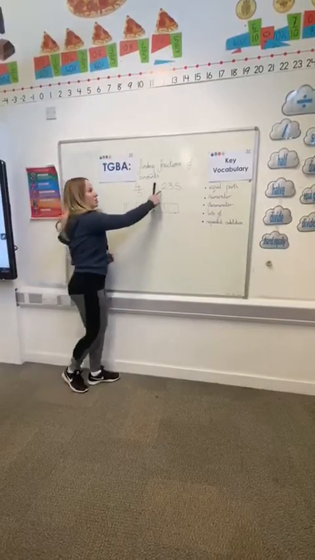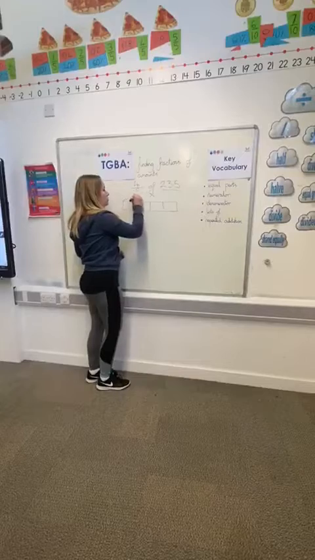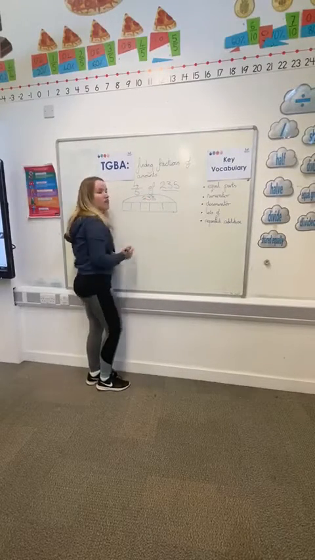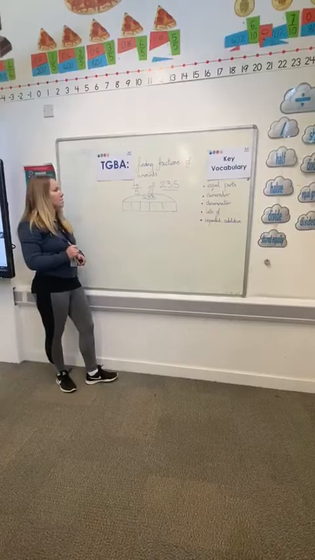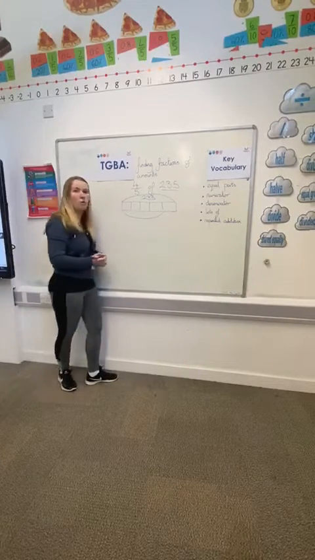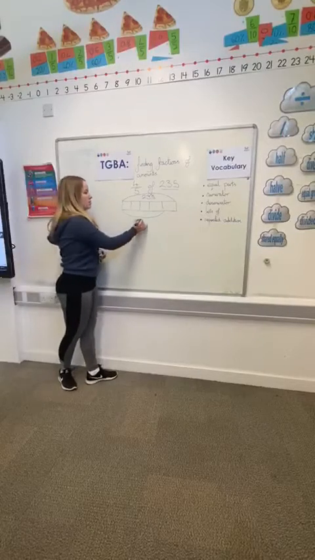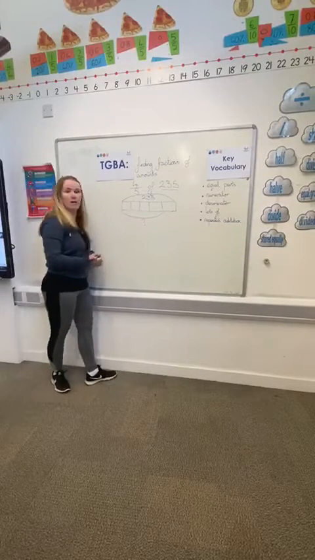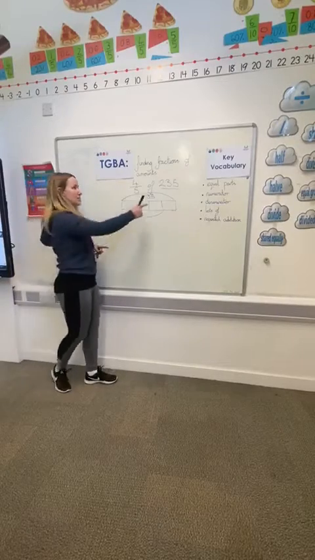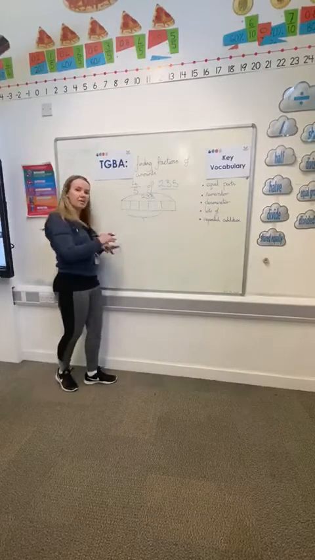And for this, I know that my whole is represented by the amount 235, okay? By the end of this, I want to be able to find what 4/5 is of the whole. So at the moment we don't know this value, but this is what we're going to have a go at calculating. So the first thing I need to do is I need to break that whole down into 5 equal